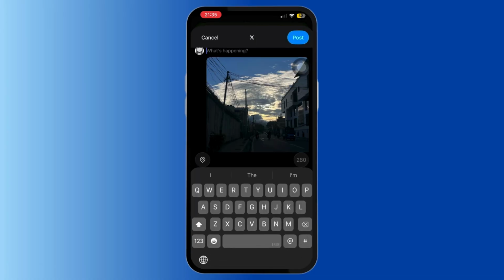For profile picture or code replies, you can also try using X in your browser until the app issue is